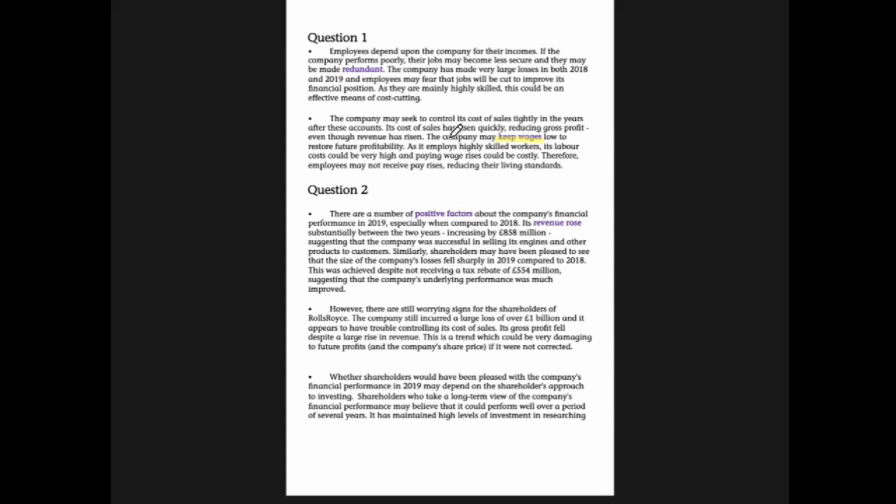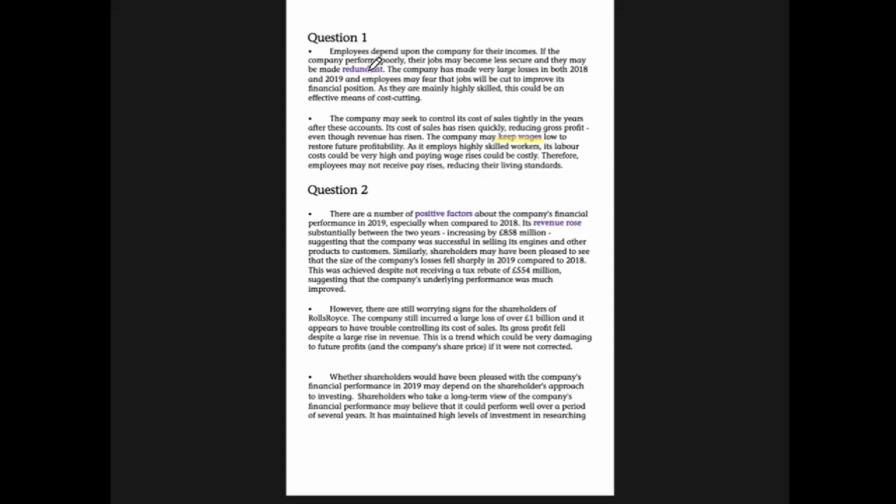I continue to read. So the company may keep wages low to restore future profitability. As its employees are highly skilled workers, its labor cost could be very high, and paying wage rises could be costly. Therefore, employees may not receive pay rises, reducing their standard of living. And then the first question or the first